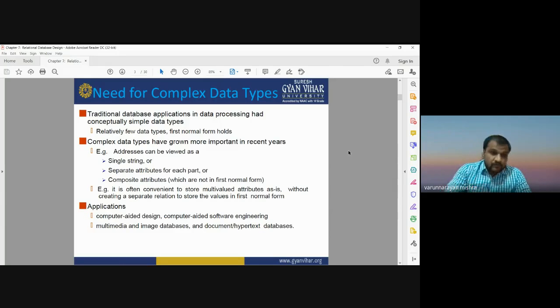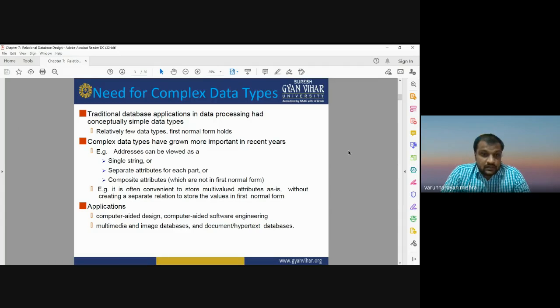Right now most databases have multimedia formats. That is, the data is in the format of images, video or audio files, or animations. If we are dealing with such data sets, which are not normal data sets but multimedia files, then we need to apply the object-oriented data model. When we deal with multimedia data, it is very difficult to find any relationship between different kinds of images, animations, or audio and video files.